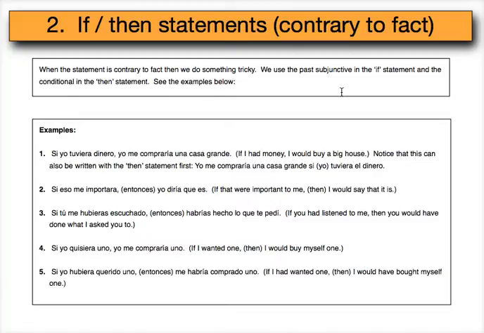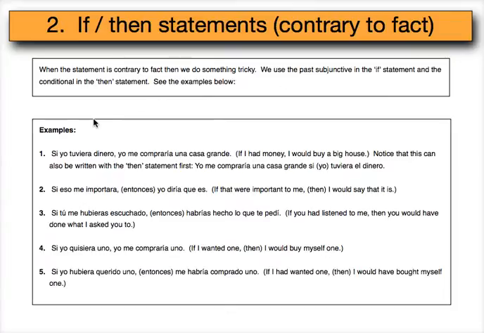When I say if X were the case, then Y would occur. So when I say if X were the case, it's kind of using the past. It's almost as if you were saying if X had happened or if X were the case, so in the past, then Y would be the case in the future. Okay? So with our if statement, we use the past subjunctive, and with our then statement, we use the future or future conditional or the just plain conditional.